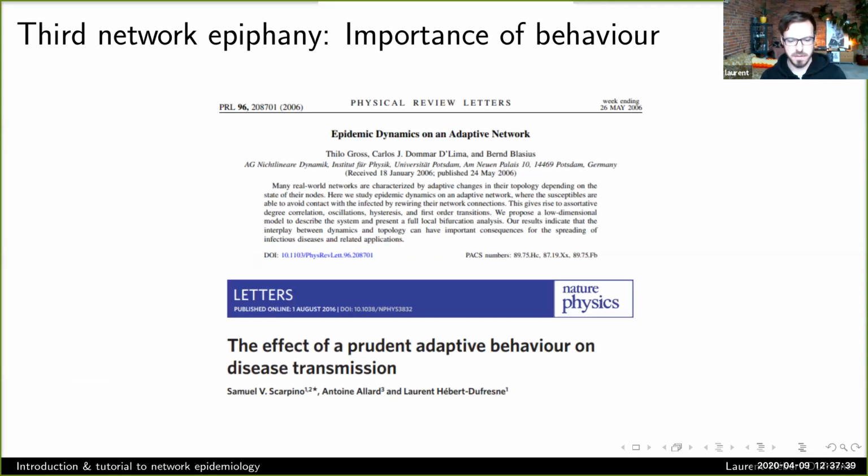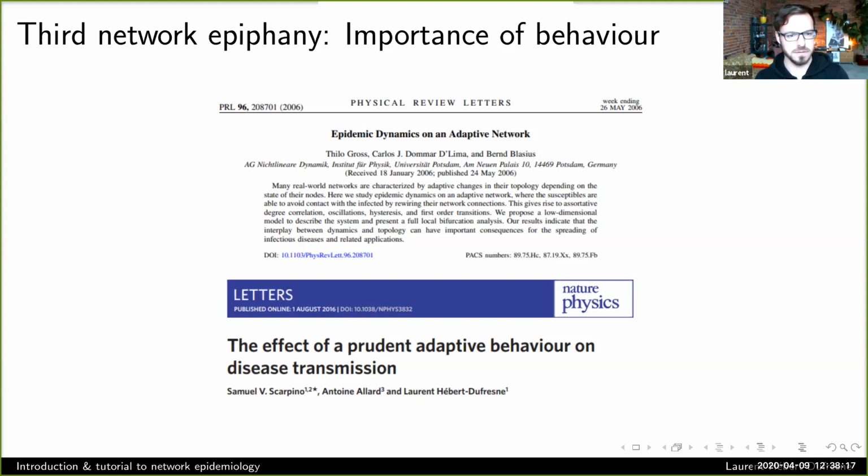The importance of behavior is really key here, and that's something you can't really put in a mass action model, or you have to put it externally, sort of ad hoc, by changing your transmission rate. But there's this whole literature that, at least for me, goes back to 2006 with a great paper by Thilo Gross in Physical Review Letters called Epidemic Dynamics on an Adaptive Network. It really inspired a lot of my work. So there's a paper from 2016 by some colleagues and I that looked at something similar. And the idea is that with these basic pairwise models, just because we follow contacts, we can follow dynamics that doesn't involve the disease, but just involves contacts, the network structure.